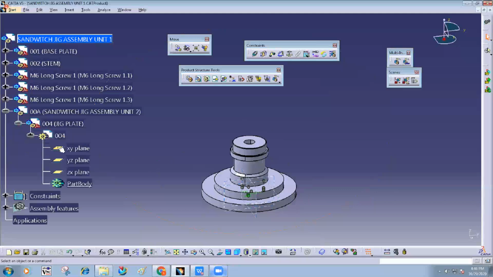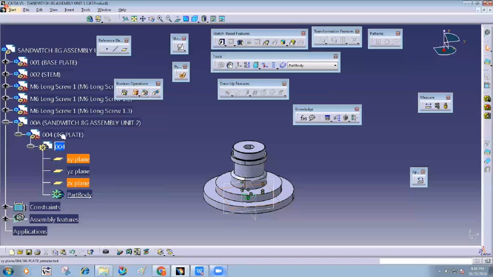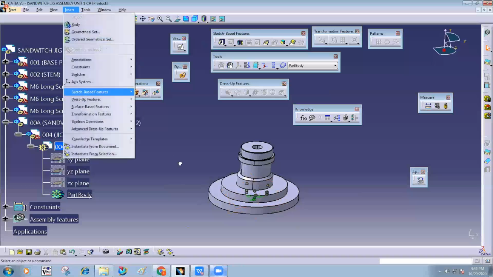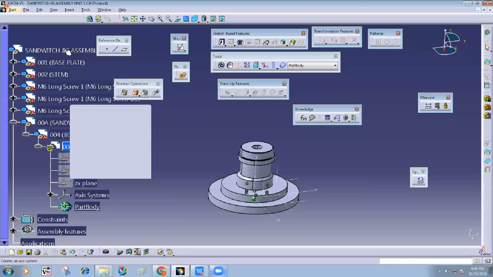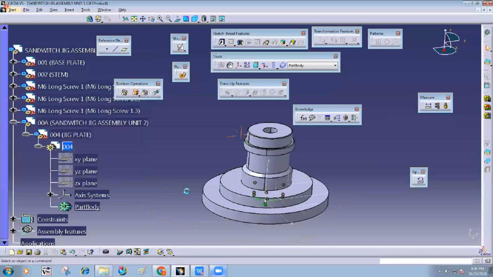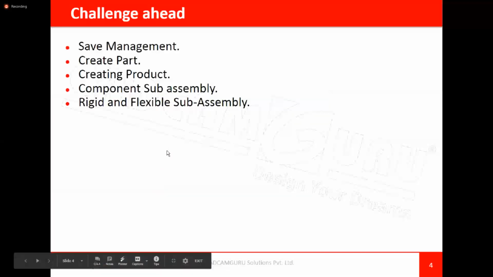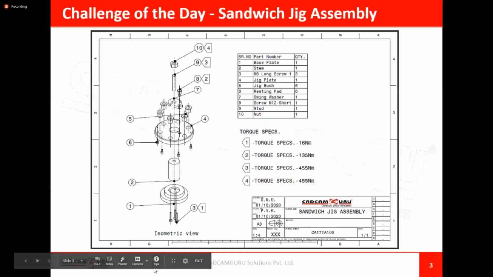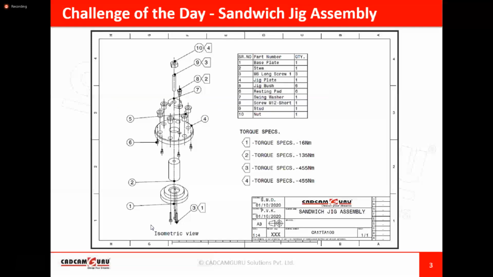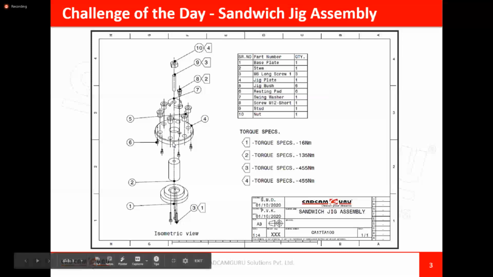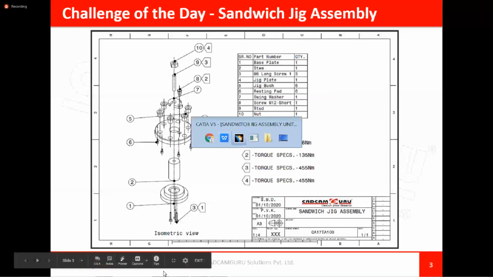You need to double click here, hide all planes, introduce the axis system, current off. Now where do you want to design that? By taking this previous part reference. Okay, so you go for this part.